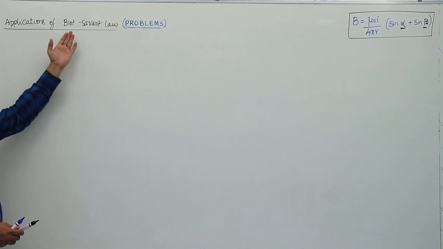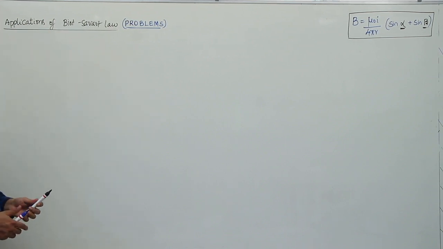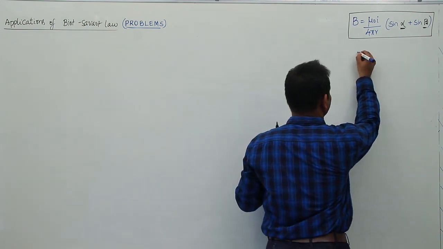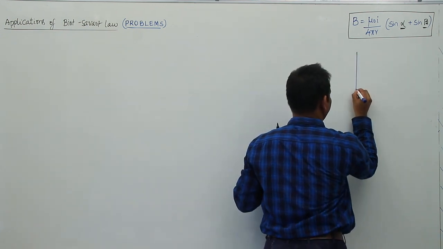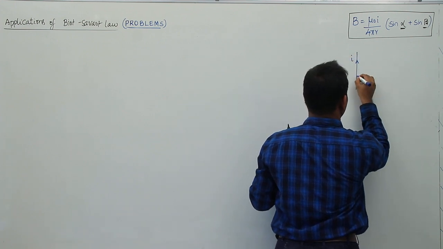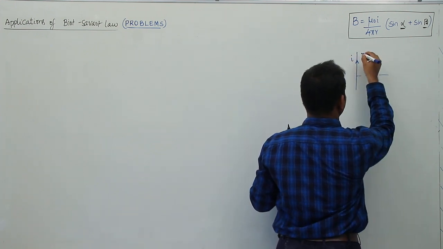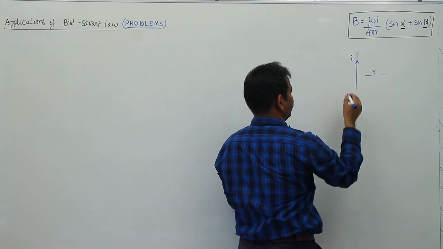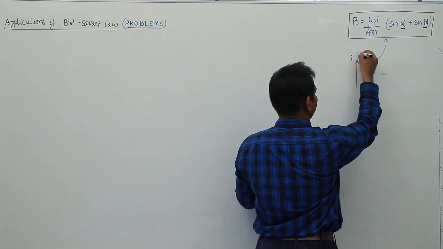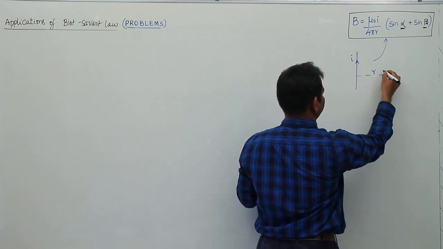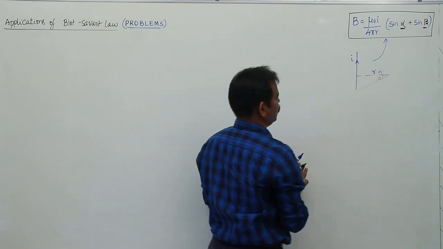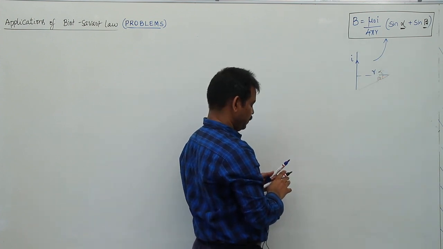Explanations of Biot-Savart law problems. Now, till now, we derived so many expressions here. So, magnetic field due to a finite wire of length L, at a distance R, this is the expression for the magnetic field due to a finite wire. For this we can use this formula if you know the alpha value here and now beta. If you know these two values, you can find the magnetic field due to a finite wire.